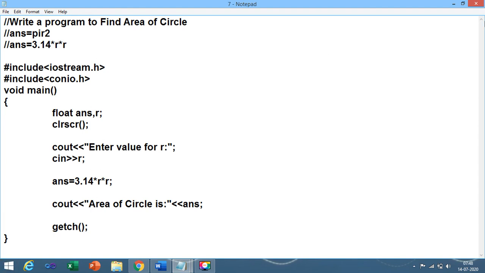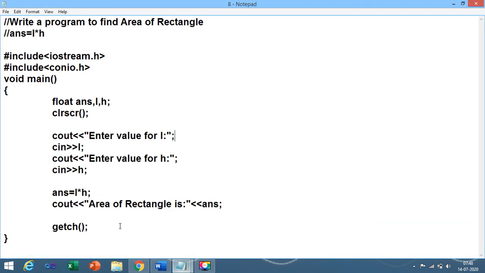So there is less chance of producing errors in the given code. This is program number 7, and you need to maintain the same sequence in the journal.